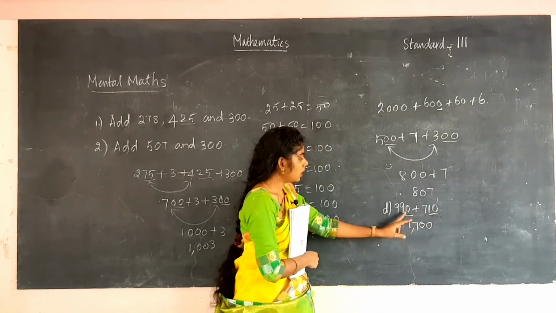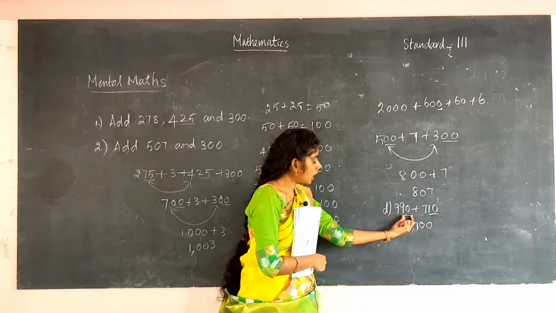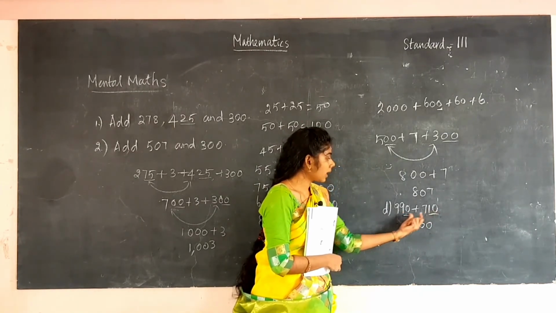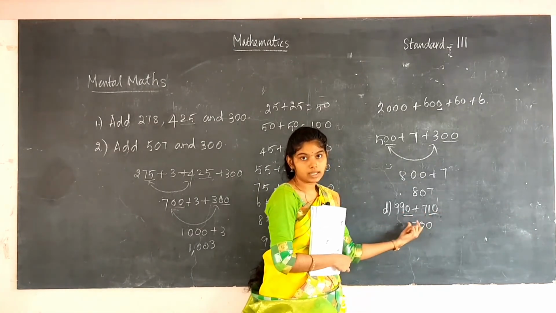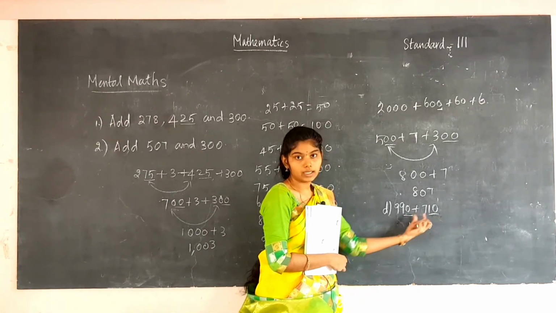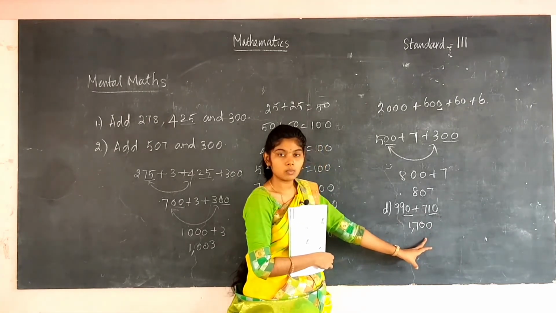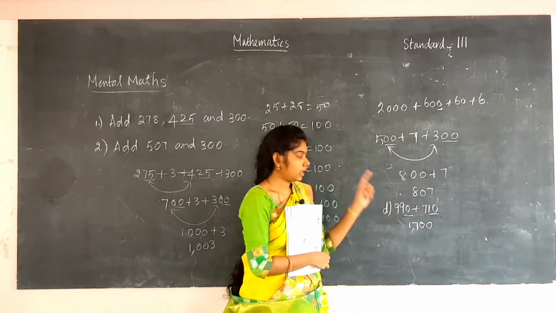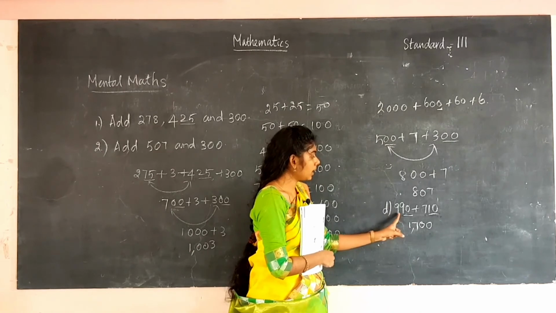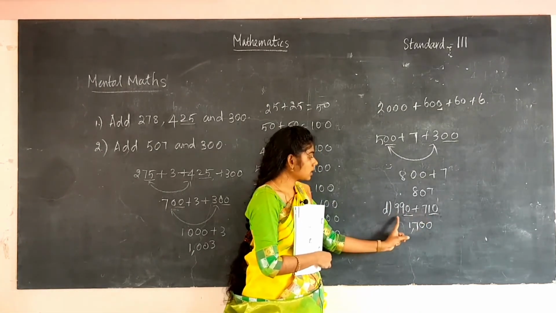How have we checked? Last number is 0, so write 0 here. And check the last two numbers. It is 90 and 10. So easily you can take the tens numbers. So 9 plus 1 is 10, that is, 90 plus 10 is 100. So you can write 100. Last two numbers you can write, and 1 in the mind. And here 9 is given, the remaining 9 is there. 7 is there in the hundreds place. So you can add these numbers 9 and 7.